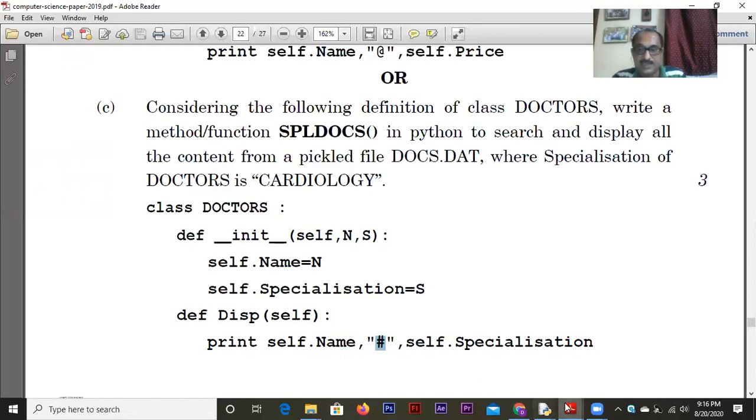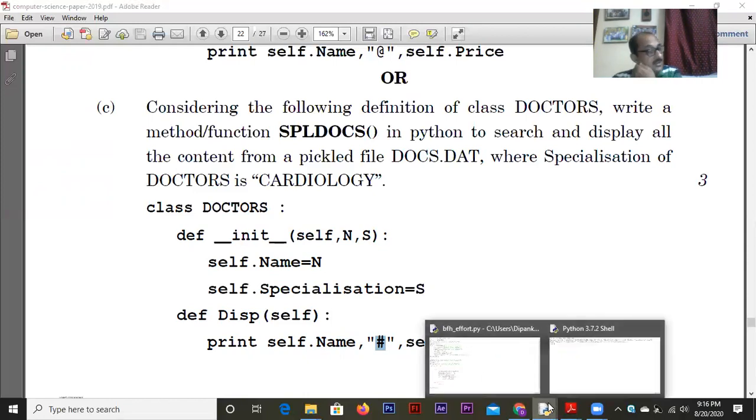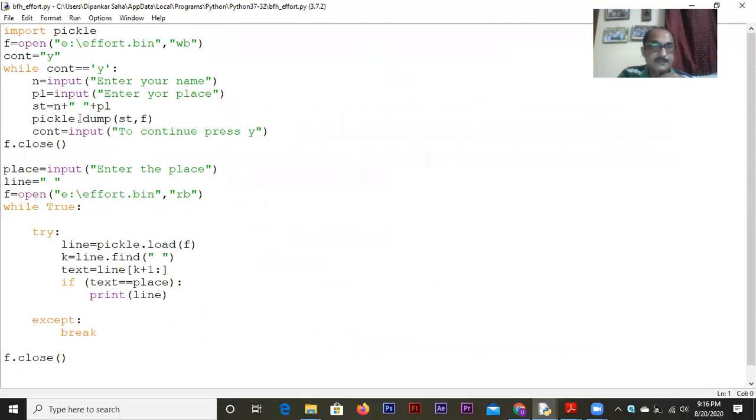So now I will take you to the program, to what I tried to do. You will understand what exactly I have done here. Look at this. I opened a file called effort.bin in writing mode, binary file writing mode.